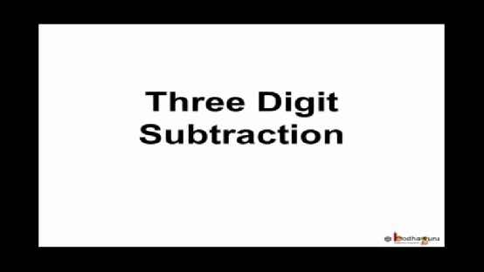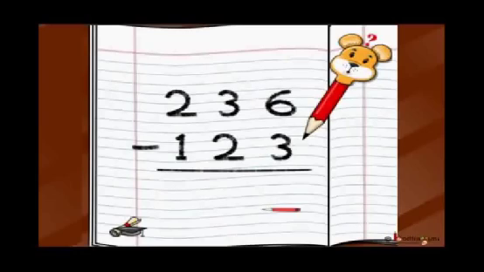Hello children, in this video we are going to learn how to subtract a three-digit number from another three-digit number. Okay, so let's start. Let's say you are given 236, from which you would like to subtract or take away 123. So you write 236 in one line, then you write minus